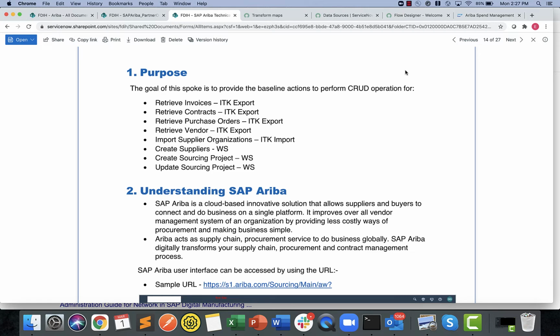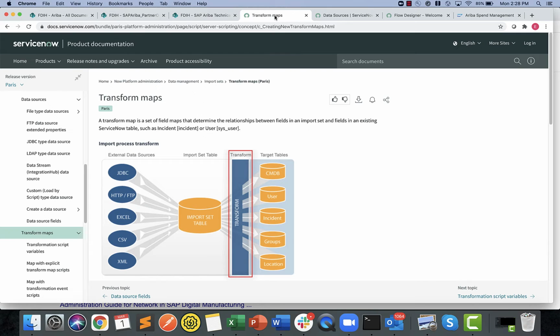Now, getting a record from Ariba back to ServiceNow, similar things. First, we're going to be extracting the list of records from Ariba back to ServiceNow as a data source, and then using a transform map, we're going to push it into some custom table per your choice, right? Per your customer requirements. That can be some base table that needs to be mapped into. But essentially, the importing or getting things from Ariba will be following the traditional data source import set with a